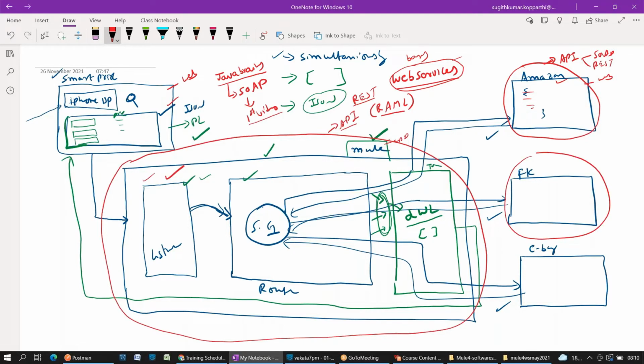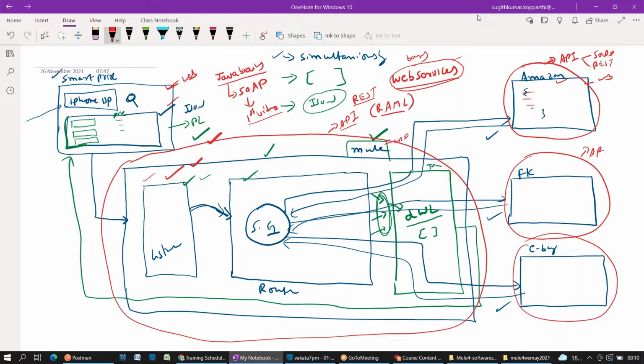Flipkart also should expose their services as an API. eBay also should expose the service. Every application, for that matter, if I want to consume that service, should definitely expose it as an API. Right? So as an integration developer, you will design the API first according to the requirement. For that, we will write the implementations. Those services can be used by the web applications. I have given an overview of where we stand as a Mule developer.